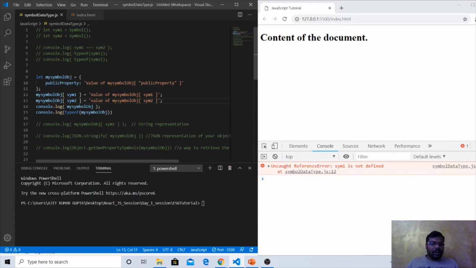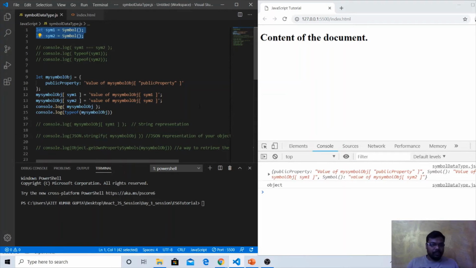Once I console.log this particular symbol object, let me refresh it. Sim1 is not defined. Sorry, I had commented out sim1 and sim2, but we need these particular symbol variables.